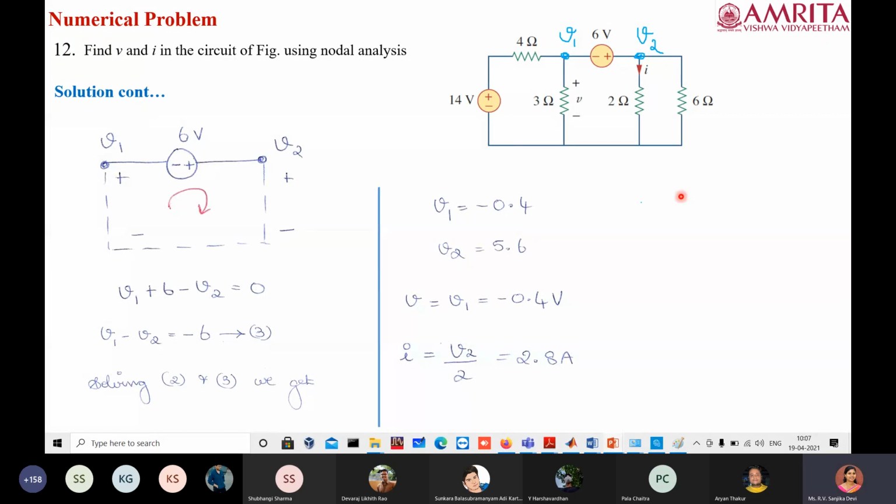Okay, so the meaning of nodal voltage is the voltage at that particular node with respect to the ground. So now we got V1 as negative, so we should reverse the polarity, right? That's what, you don't reverse anything, you just write it as a negative value. So it is understood that actual V1 is supposed to be negative. So the real meaning is V1 is actually negative with respect to ground.